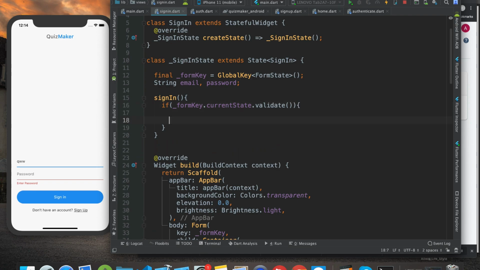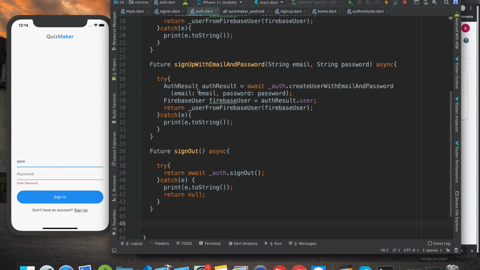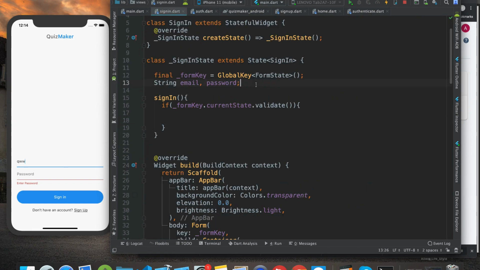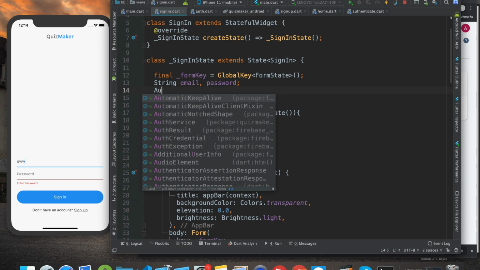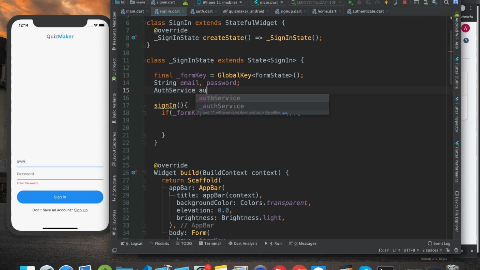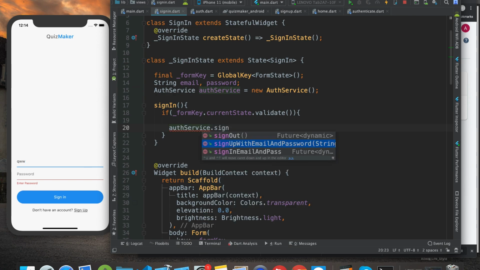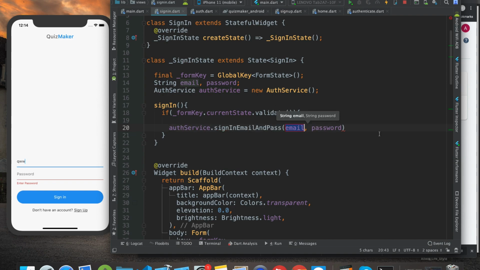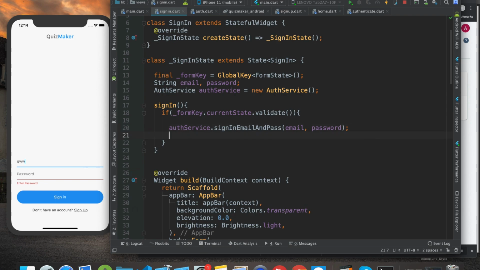So what do we want to do now? Well, we want to call that function which we used in this. So how can we do that? We have to first create, use this class. So I'm going to say auth service and create a variable called authService is equal to new AuthService. Make sense? And then I can say authService.signInEmailAndPass, and we have this email and password available, and I can just add this there. This will take care of things like trying and catching, and I'll say await. Okay, now for that I need to use async, not here